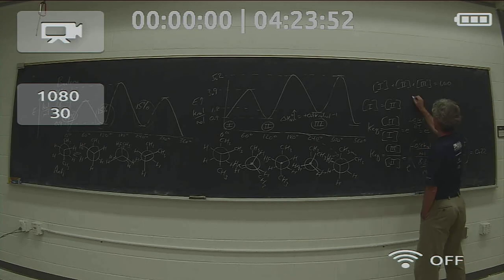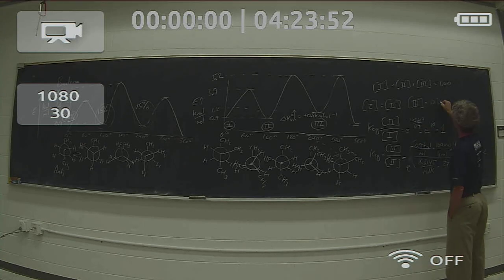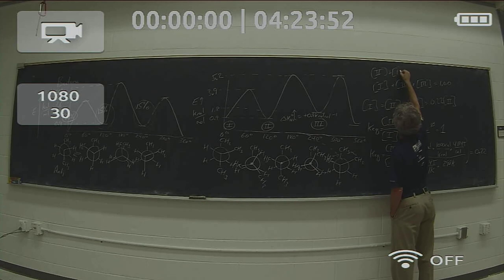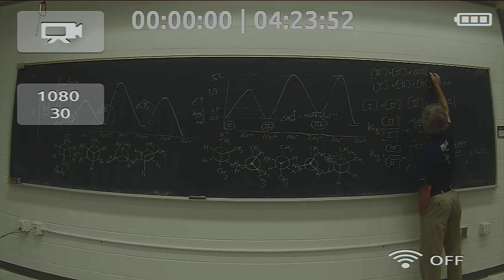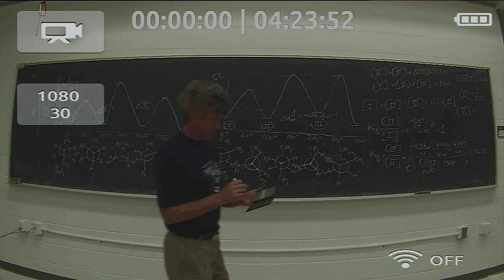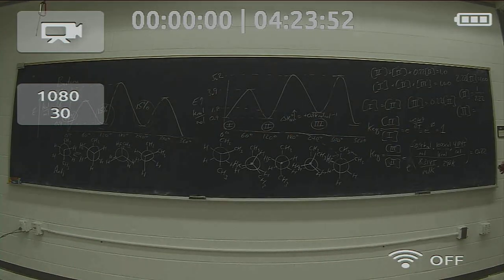That allows us to write that the concentration of 3 is equal to 0.22 times the concentration of 2. So now we can plug this in. Concentration of 2 plus the concentration of 2 plus 0.22 times the concentration of 2 is equal to 1. 2.22 times the concentration of 2 is equal to 1. And the concentration of that conformer, Roman numeral 2, at 120 degrees is equal to 1 over 2.22. I believe that's equal to 0.45. But I will check. Yes, indeed, 0.45,